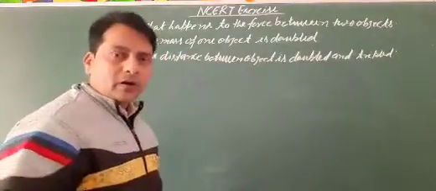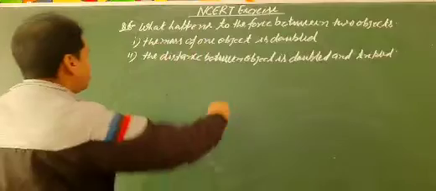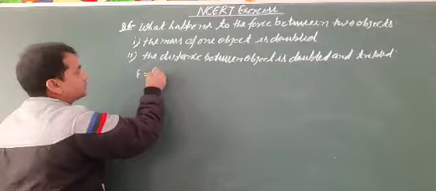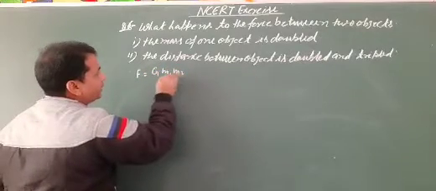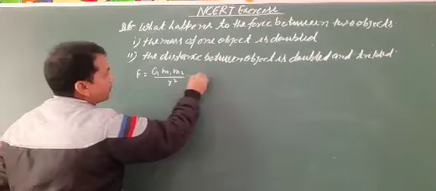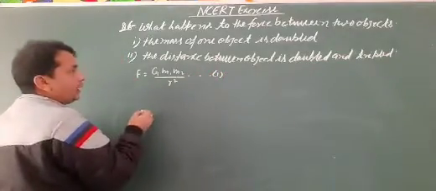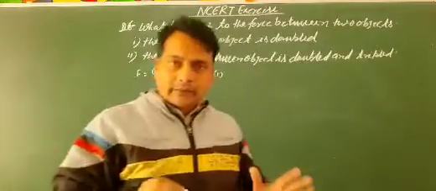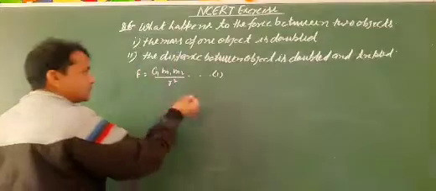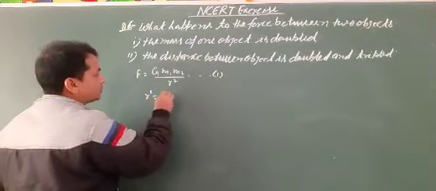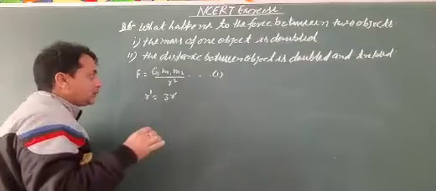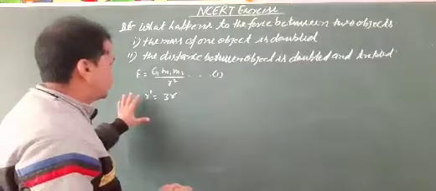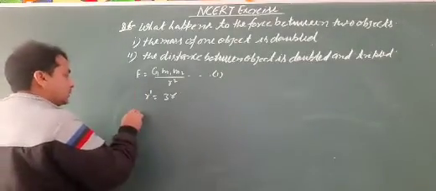The distance between the objects is tripled. So here the gravitational force F equals G m1 m2 by r square. That is the first equation. And the distance between them is tripled, then the new distance becomes r dash equal to 3r. So if we change the distance between the objects, the new gravitational force is F dash equal to